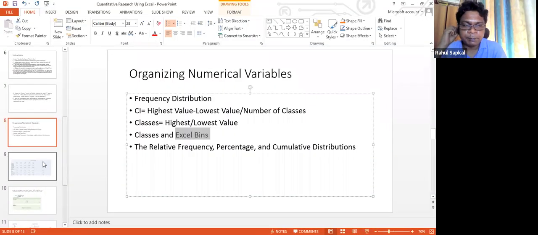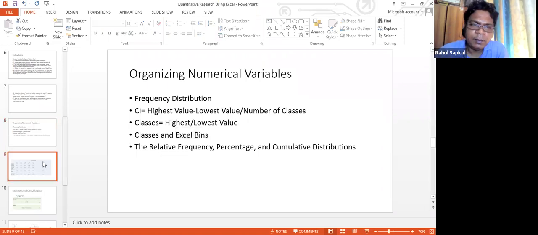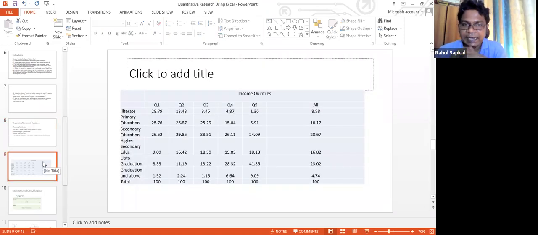Whatever we do in the class, I will give one simple example. You will be calculating your mean, median, mode. The entire effort is to calculate this by quantile analysis. If you are handling income, we do a percentile or quantile analysis, subdividing the entire population into 4 or 5 groups, quintiles or quarters. Here I have divided the population, and this is what your final result should look like.